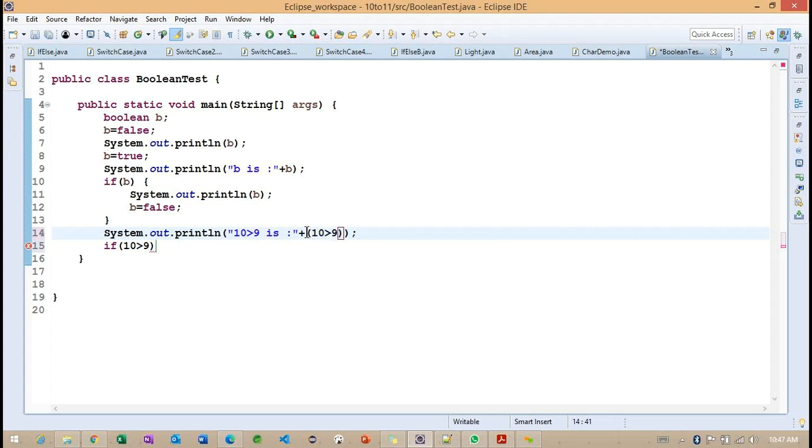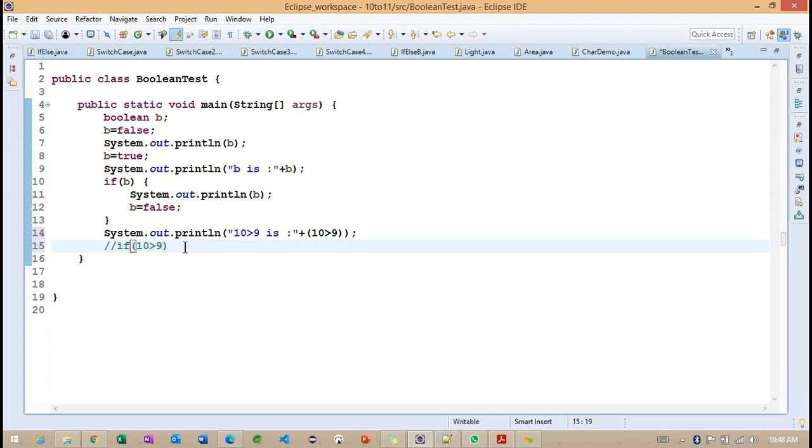That's the reason I'm opening the brace and closing the brace here. Internally, we are working with the operator called greater than. Simple one. Basically, 10 has a greater value compared to this 9. So this expression is going to be true, and the entire expression is going to print as true here.